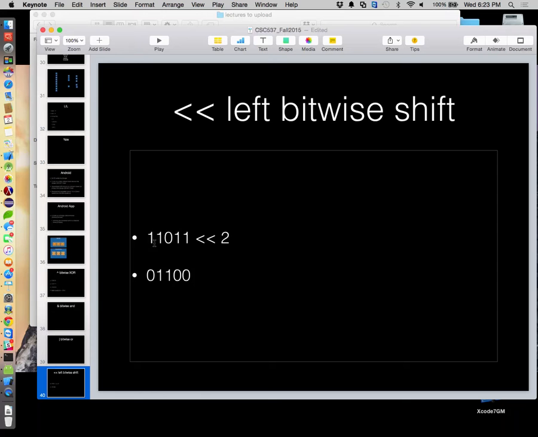But now let's think about what that ultimately did. By shifting it left twice, what's the starting value? This is 1s, 2s, 4s, 8s, 16s. 16 plus 8 is 24, 27, 28. Okay, so this is